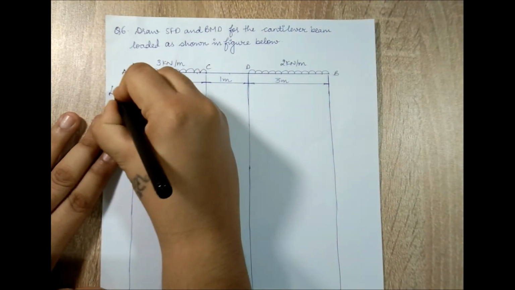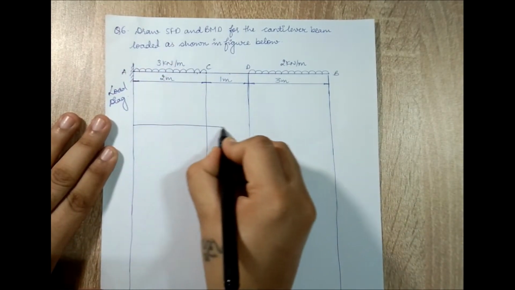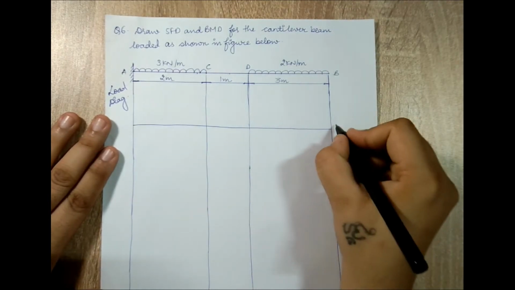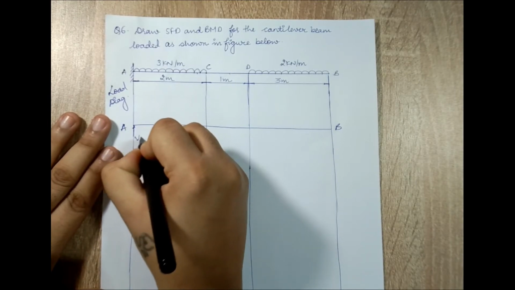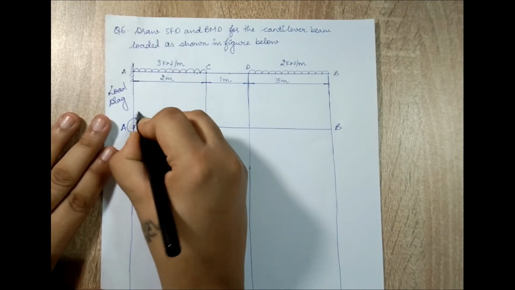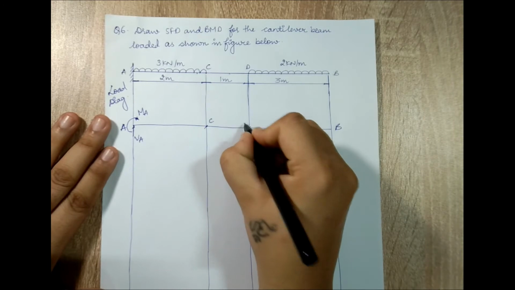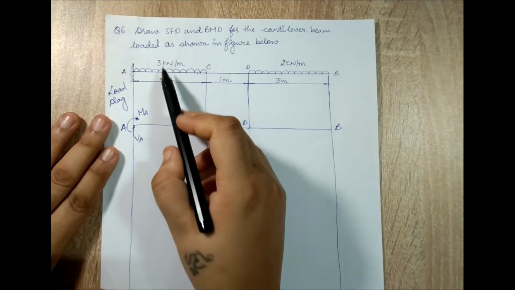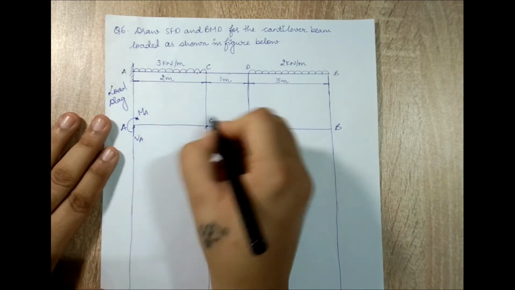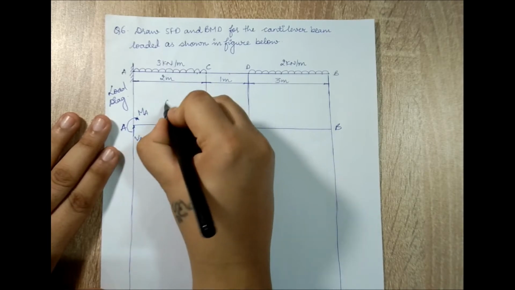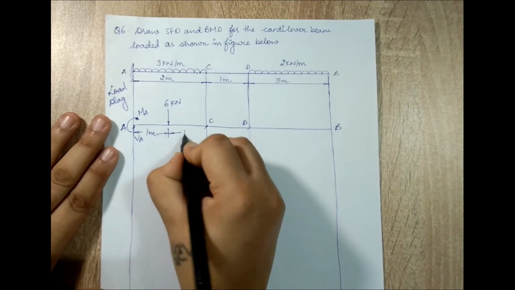So I'll start with drawing the FBD for it. This end is fixed, so I'll draw VA and I'll draw MA. There is no point in drawing HA because there is no other horizontal force on the body. This is point C, this is point D. Now 3 kilonewton and the distance is 2. So 3 2s are 6, and it will be placed at 1 meter from end A and end C both. So this is 6 kilonewton. The distance will be 1 meter each.